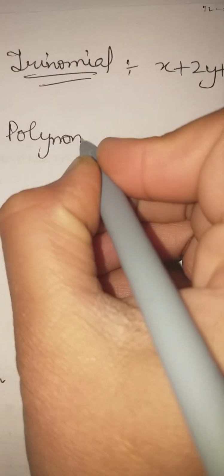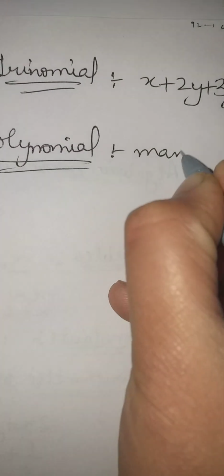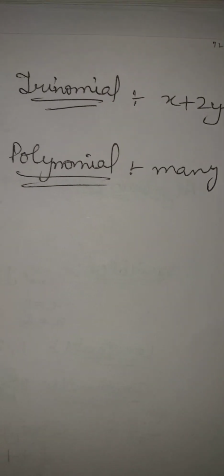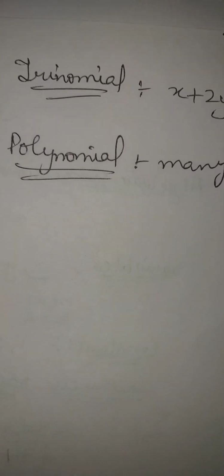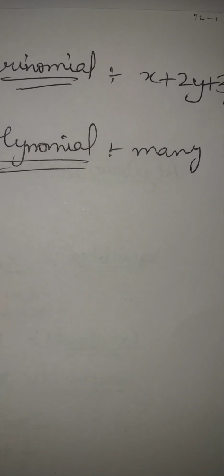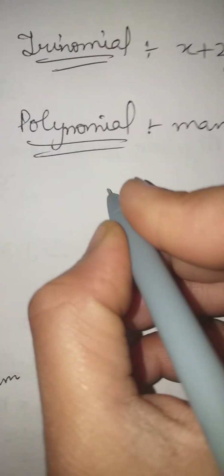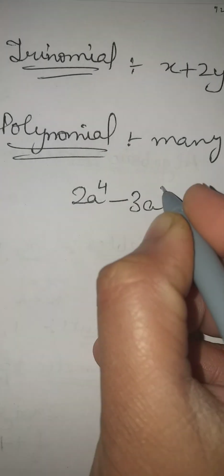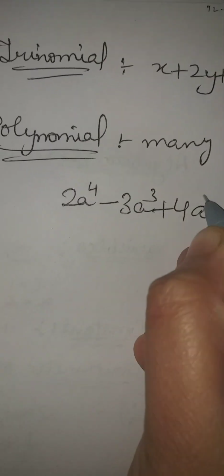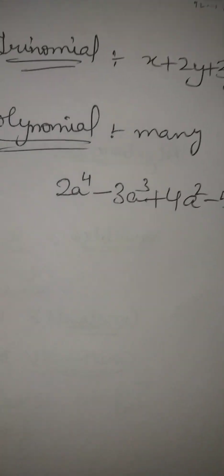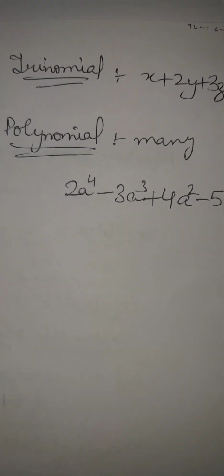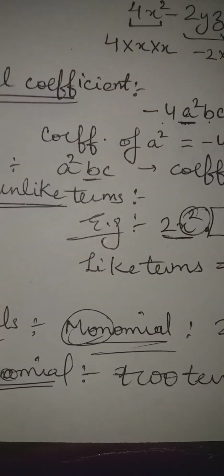Next is the polynomial. Poly means many, so an expression that has more than three terms is known as a polynomial. For example, this is a polynomial. I hope you understand this: the polynomial, the trinomial, this one is the binomial, and